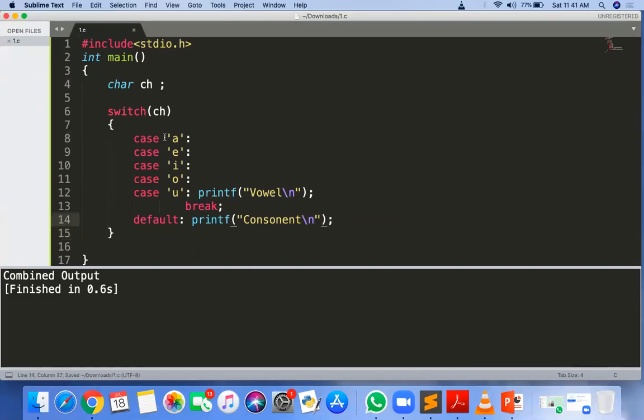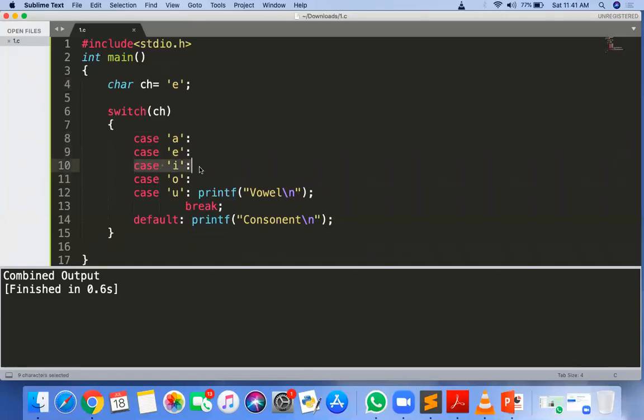So if you are giving the CH input as, suppose, E, then what happened? Now CH is compared with every case. The first case is A, not match. The second case is E, yes, match. If this matches, then all the cases below are also treated as true.